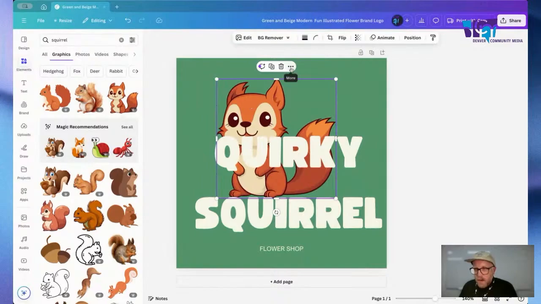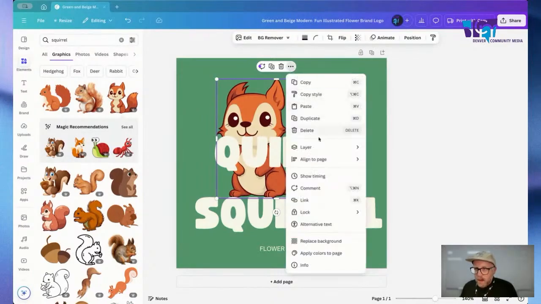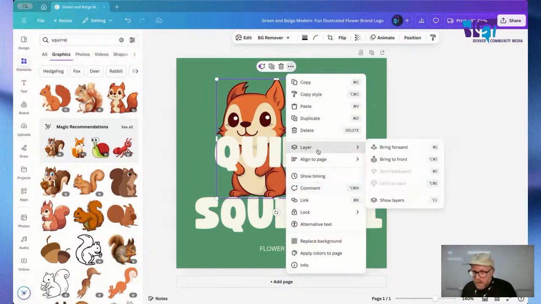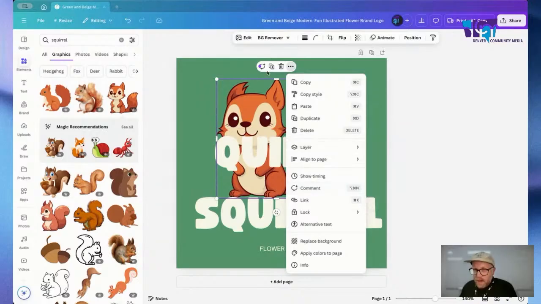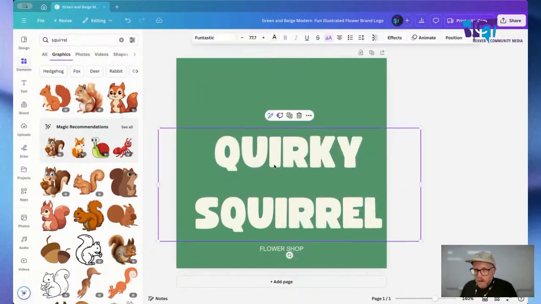So to hide it, we would click on it to select it and then click on these little ellipses. And then we could just go to, oh, I thought there was a hide in there. Anyway, starting off hot, guys. So we'll just delete it for now, and then we will